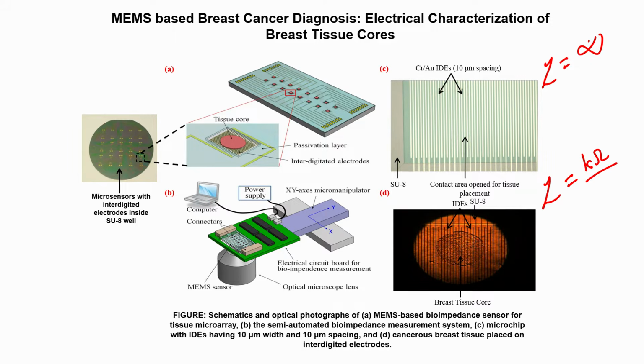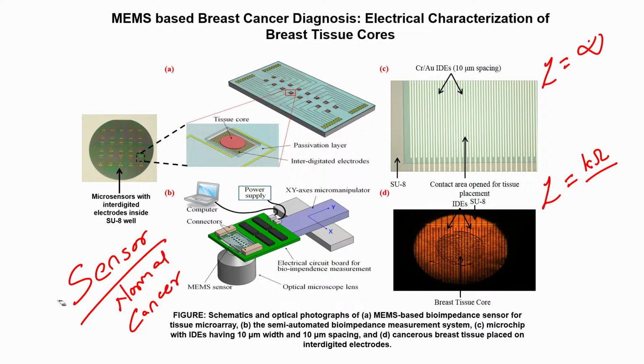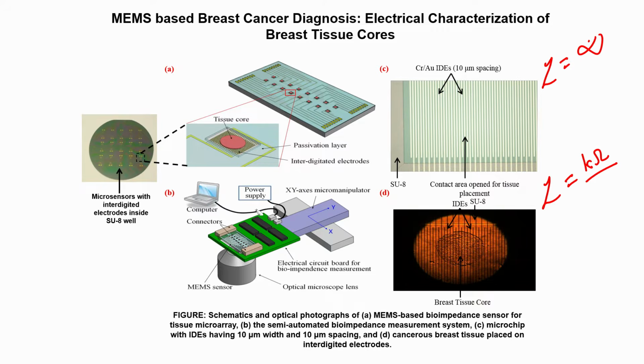understood, right. Now, you can design this kind of interdigitated electrodes, which are also called sensors, because they will sense the change in the impedance. Impedance of what? Impedance of normal tissues and cancerous tissues, right. So, the impedance change of the normal tissues and the cancerous tissues can be measured with the help of interdigitated electrodes, right. What is impedance? Impedance is an electrical parameter. So, we are measuring the electrical characterization of breast tissues with the help of